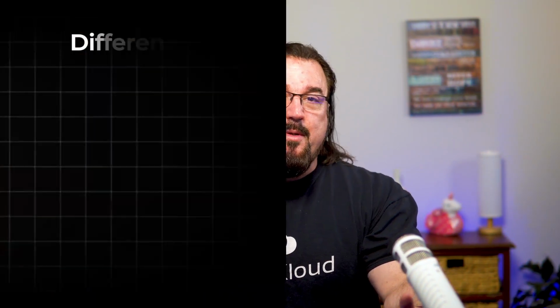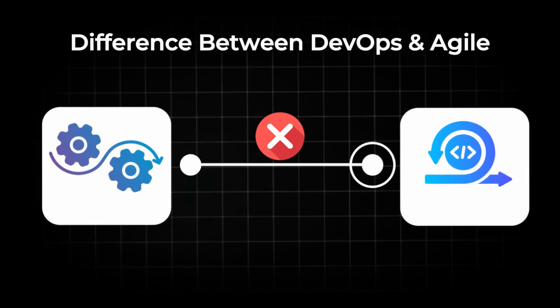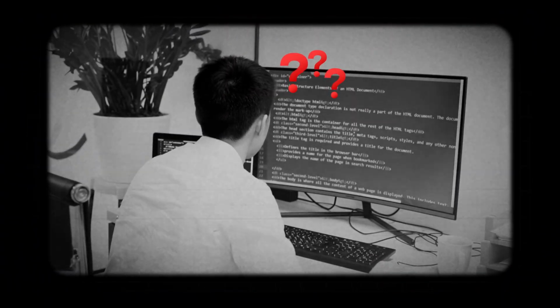Did you know that the difference between DevOps and Agile is not really as wide as people think? The two frameworks often confuse software developers and project managers, but their differences are surprisingly simple to understand. Hi, I'm Michael from Code Cloud, and today we're going to define and compare DevOps versus Agile at a very